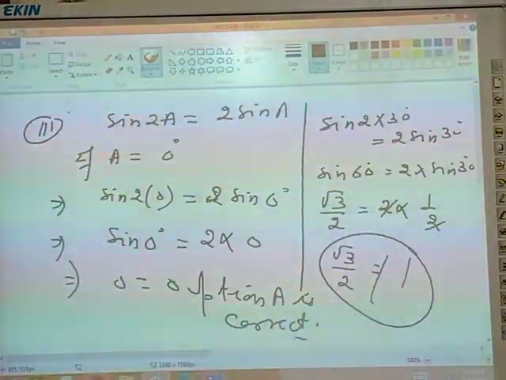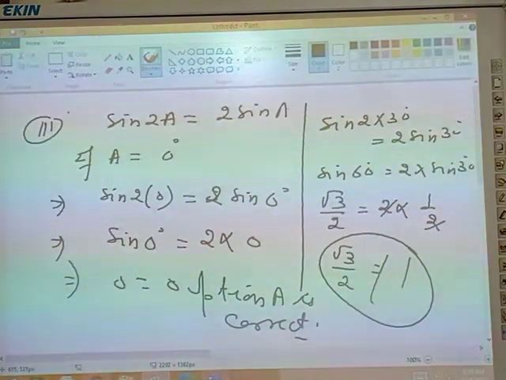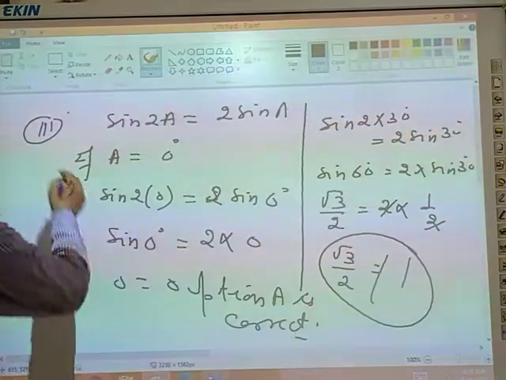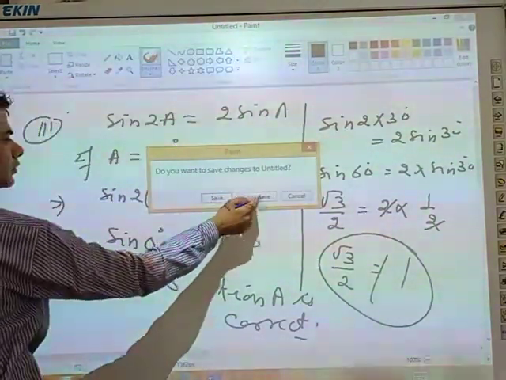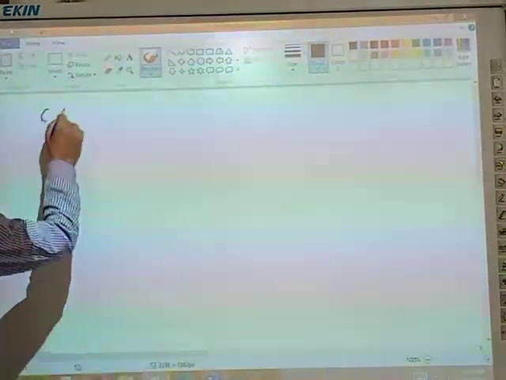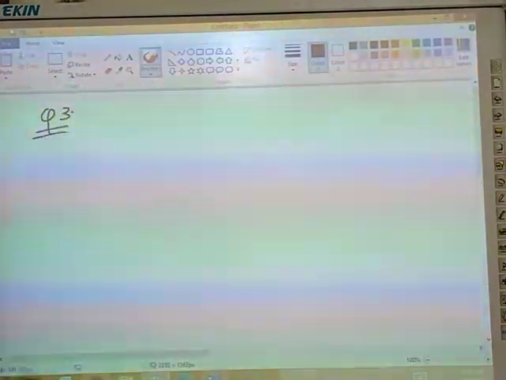On the fourth question, option C is correct, tan 60. Fourth part you can do in homework. Now question number 3 is, please do the example in homework. All examples in homework. Okay. Now question number 3 is,